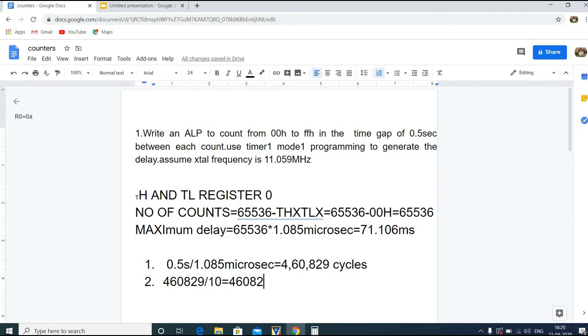Anyway, this is less than 65,536. The value to be loaded into the general purpose register will be 10, or in hexadecimal it will be 0A.